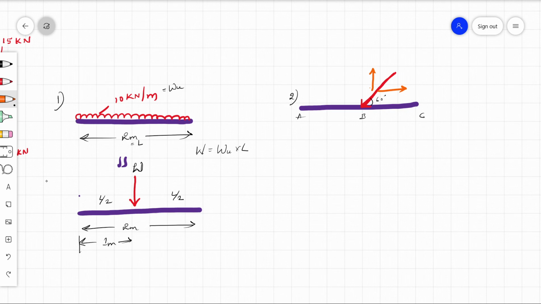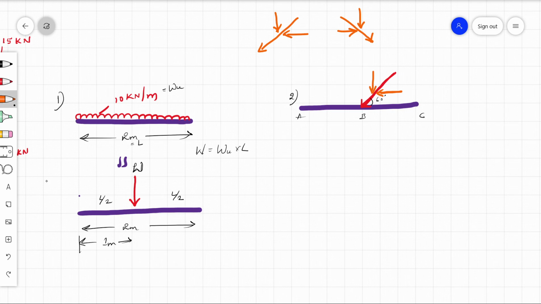Now the arrow might not be appropriate for this. The arrow will be like this, downward and down this side. Understand that if the downward angle is this, the y component and x component look like this. If the angle of the inclined force is this, the x component and y component look like this. Have a note on this concept that F sin theta and F cos theta are used over here.